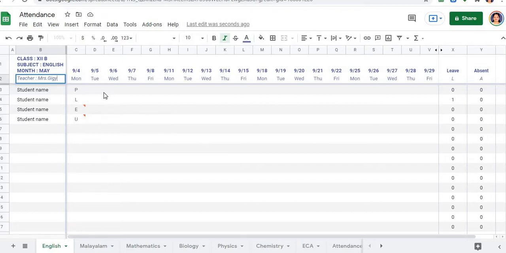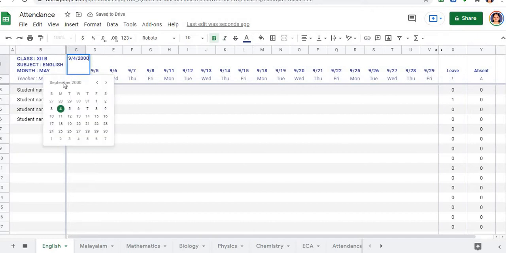Okay, the next change that we need to do would be to this particular calendar. You do find the calendar displayed. I'll just click it and show it for you. You click on this box, it's actually the calendar, and by default it is lying as September 2000. So I'll make changes in the year. Okay, I can just type 2021 here, and then accordingly I'll change the month of September into May by clicking 5 here.